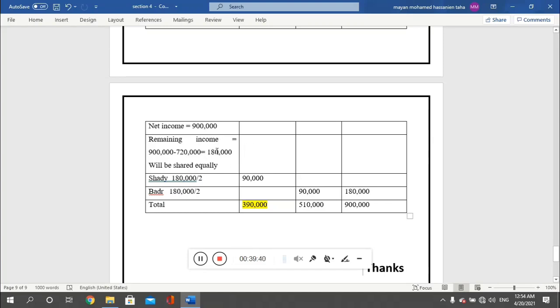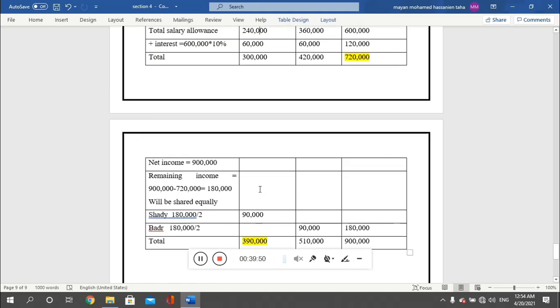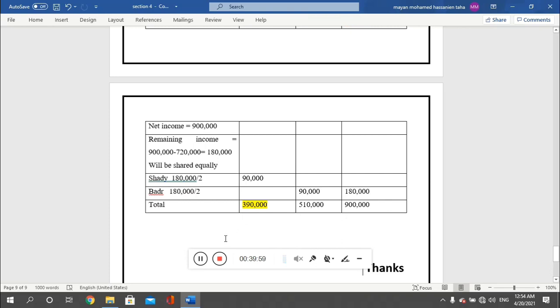So each partner will have $90,000 in his column. So the share of each partner will be for Shadi 300,000 plus his share of income, which is 90,000. So the total after dividing income will be